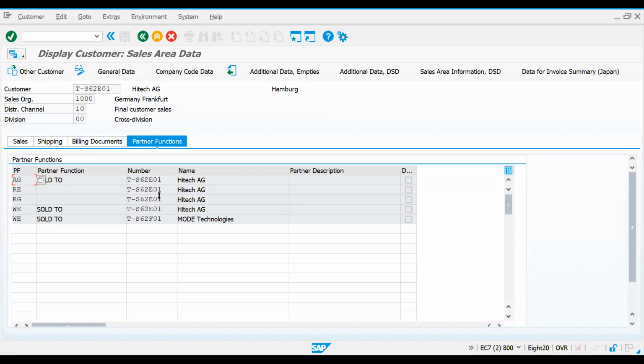Assume that Levi ordered one hard disk for his personal use, but he is not available at the time of delivery on the delivery date. So he is giving your address, so you will become the ship to party, right? Assume that Levi's customer code is 567 and yours is 999. Levi's 567 is your sold to party. 999 will become your ship to party. Now you understand the point, right?